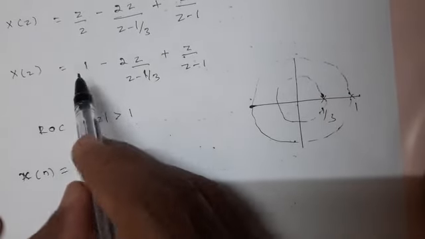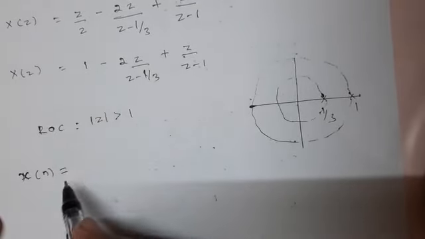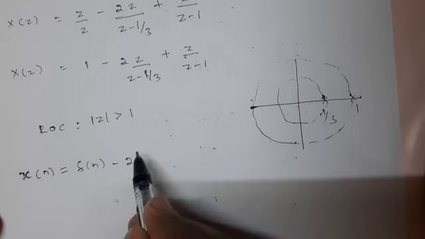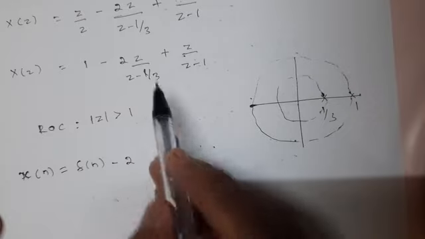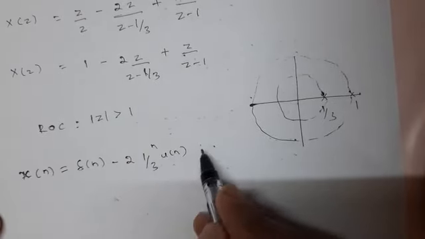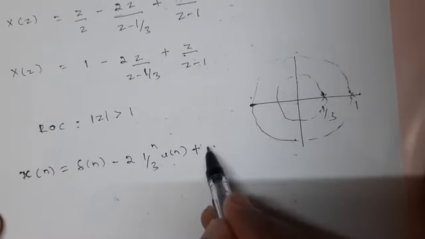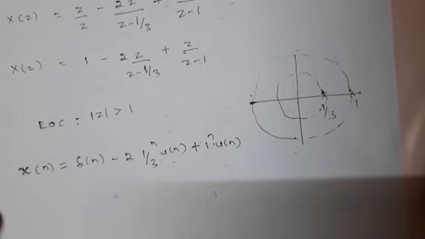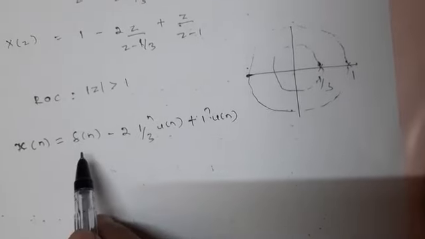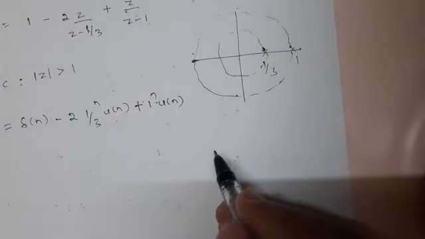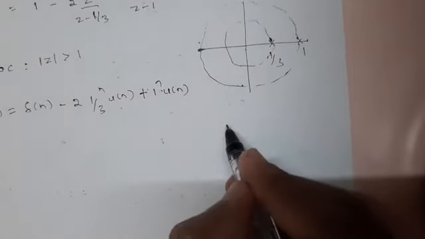So what is inverse z transform of 1? It is del of n, minus 2 z divided by z minus 1 by 3, that is 1 by 3 to the power n u of n, and plus this 1 to the power n u of n, 1 to the power n u of n. Now you might be having a question that inverse z transform of 1, how is it del of n? We will do reverse engineering, that is x of n,